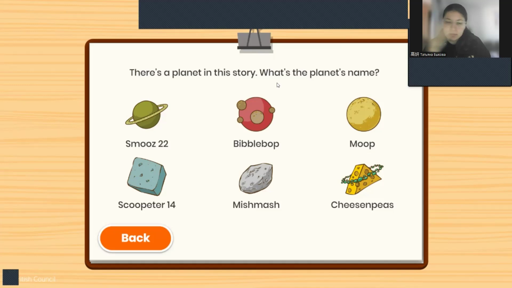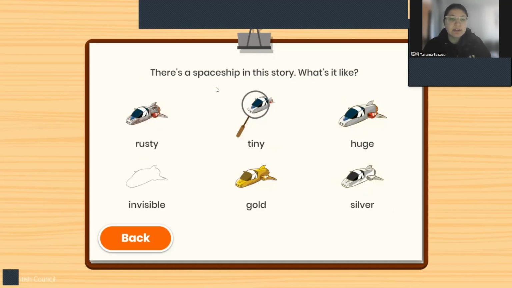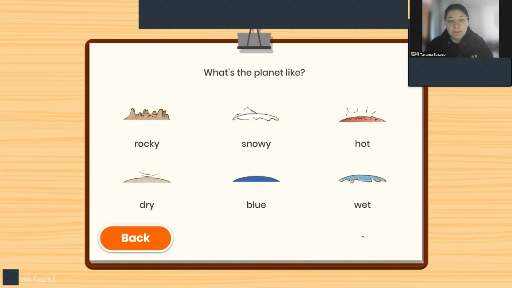So, for example, what do you want to choose? Okay, Moop. Okay, next one, and you click next. The next one is: there is a spaceship in this story. What's it like? So you want a gold spaceship. Thank you. Okay, next one.